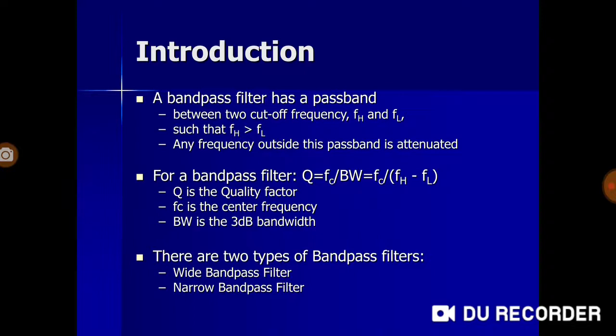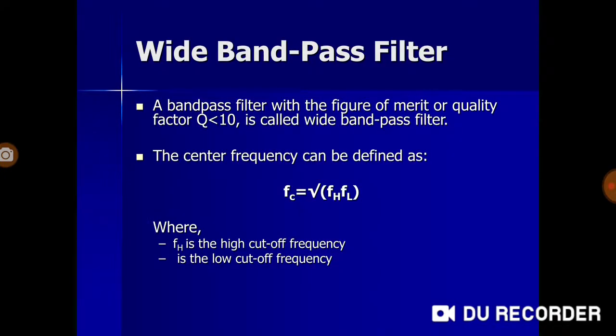And there are two types of band pass filter: wide band pass and narrow band pass. Now we'll go one by one. Wide band pass. When do we call a band pass filter wide? When the pass band is covering a huge range of frequencies. That means the frequency selectivity has to be less, because if it is more selective, it will go narrow or constricted. Instead, the quality factor should be such that it allows a lot of frequencies.